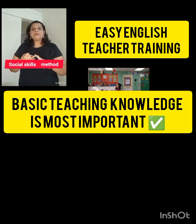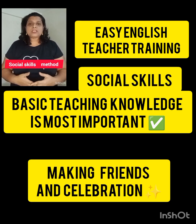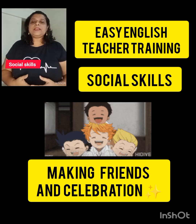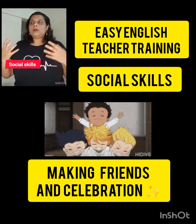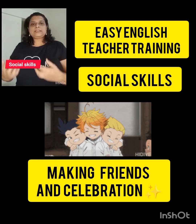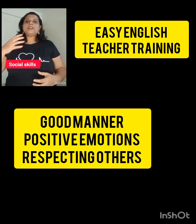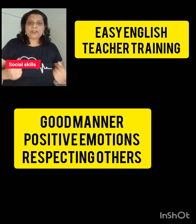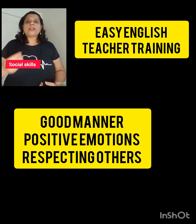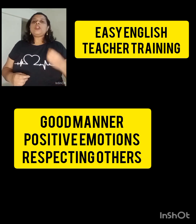You have to improve social interactions and life skills for students. Now, what is social interactions? Like when you are celebrating the festivals, when you are taking many other activities like Friendship Day, like Diwali or Dussehra or any other festival. So in that festival season, the children will also learn how to make friends, how to talk, how to behave properly. Also, you have to include more and more good mannerisms, teaching them about good behavior,